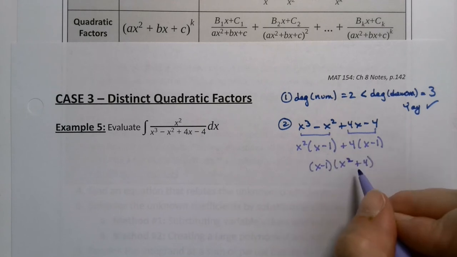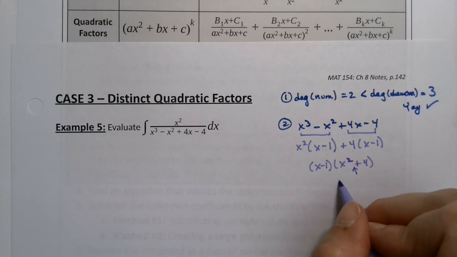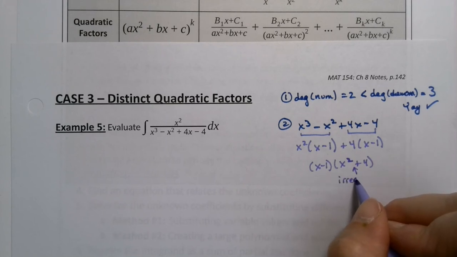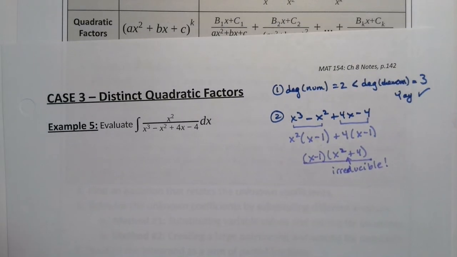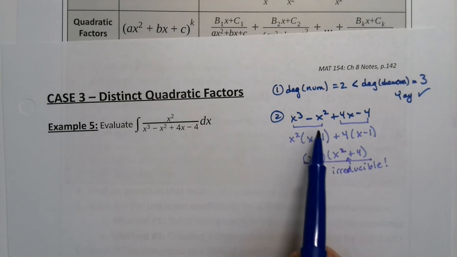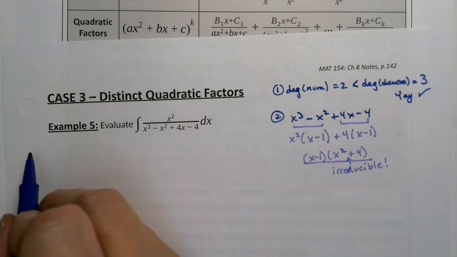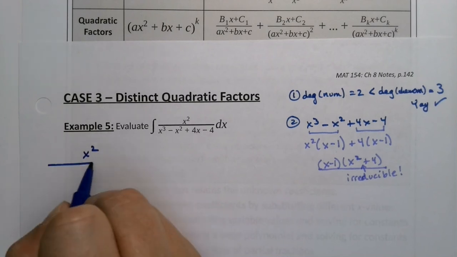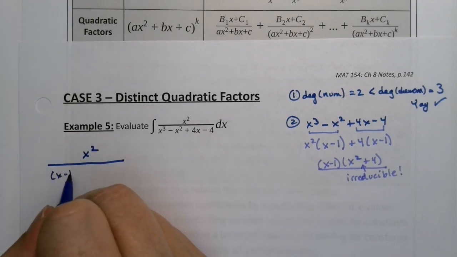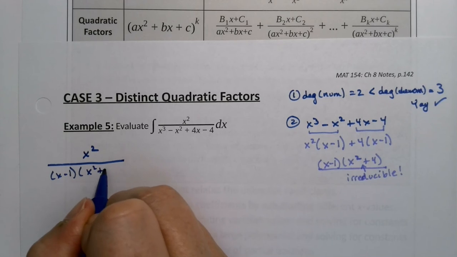Now x squared plus 4 is irreducible. In algebra class, they'll sometimes call it prime, right? Because a prime number is an irreducible number. So x squared plus 4, the sum of squares, is irreducible, so we're done right there. So step 2 would be to factor that denominator, and then I'm going to write it over here. So x squared over x minus 1, x squared plus 4,